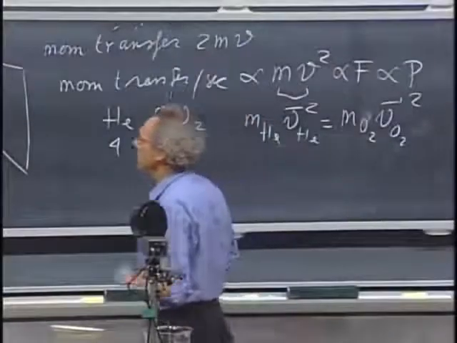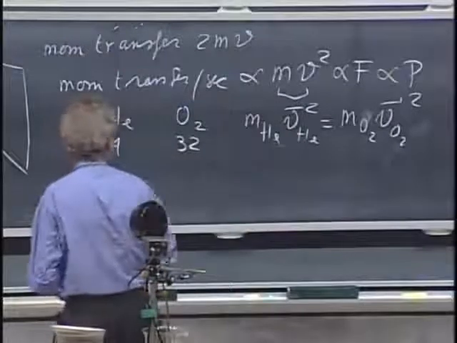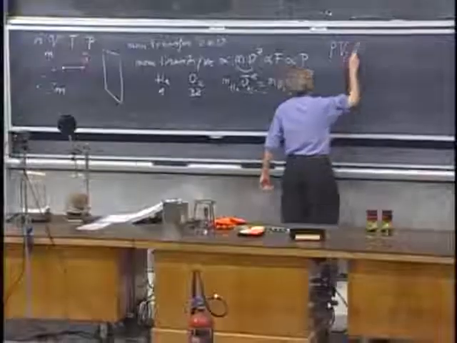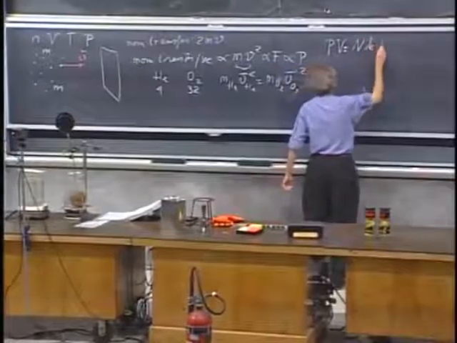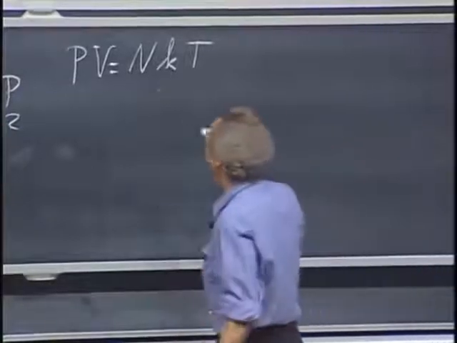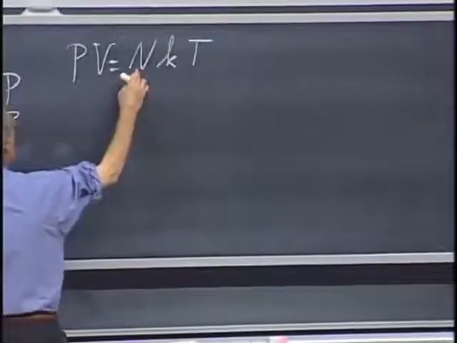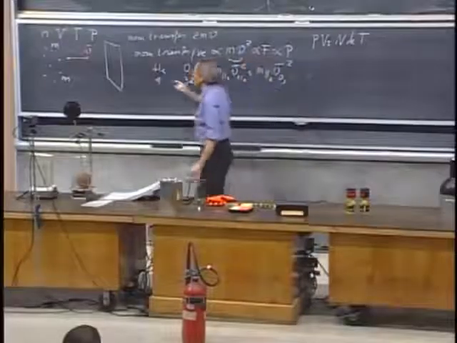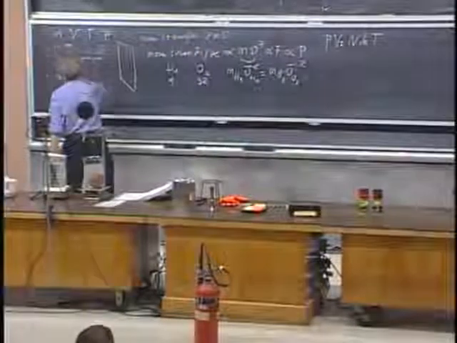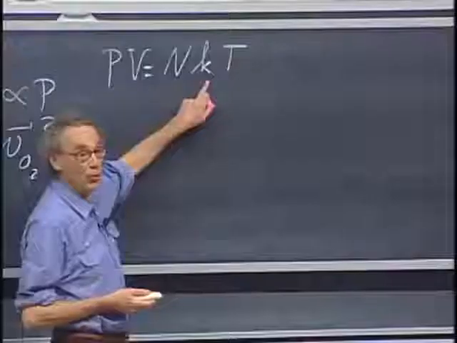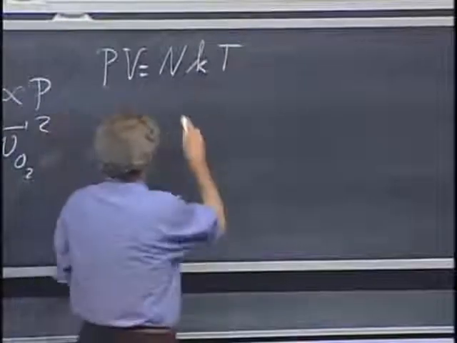You very often see the gas law written in a different way, and you see it written as PV equals capital N times k times T. You see that also there. And this N now is the total number of molecules that you have. Don't confuse that with little n, which is the number of moles that you have. So this is the total number of molecules, and k is called Boltzmann's constant. And since Nk